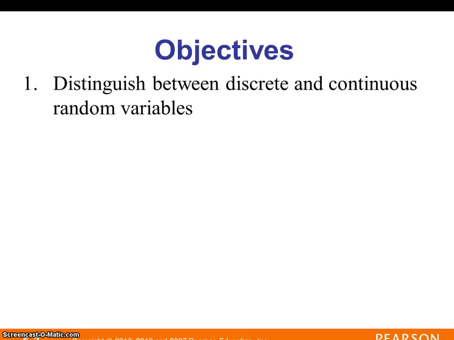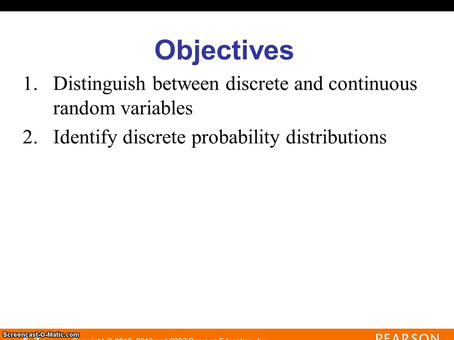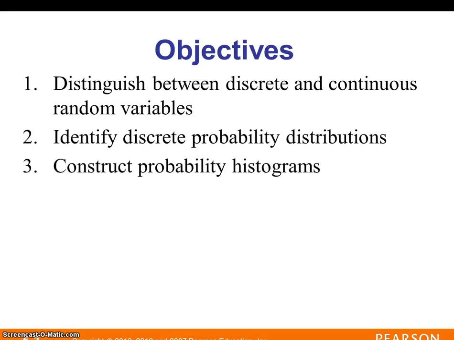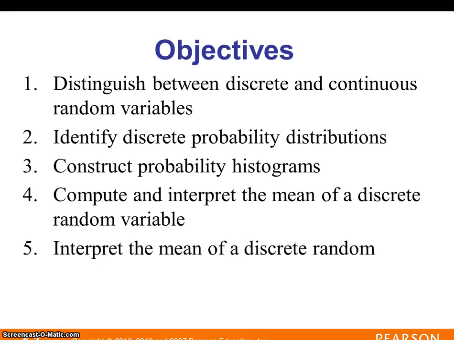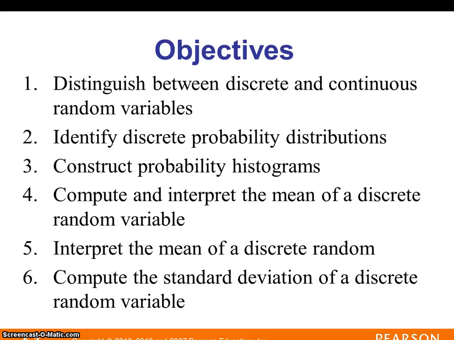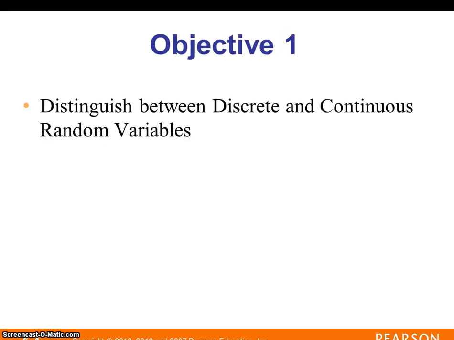So we'll look at distinguishing between whether variables are discrete or continuous, so in other words whether the information comes in discrete pieces or chunks or whether it's sort of spread out continuously. We'll identify discrete probability distributions, construct probability histograms, compute and interpret the mean of a discrete random variable, and compute the standard deviation of a discrete random variable. So let's look at objective 1. So the first thing we want to look at is being able to determine whether something is a discrete or